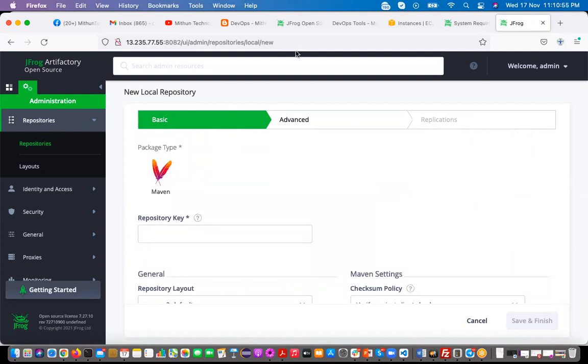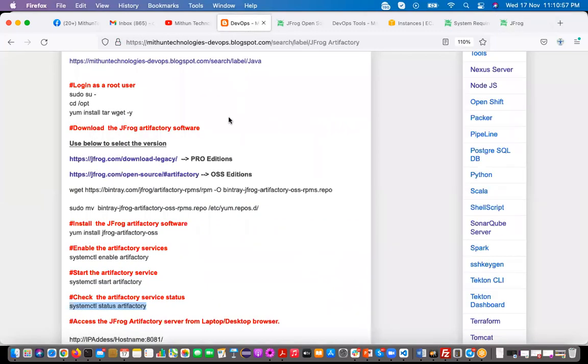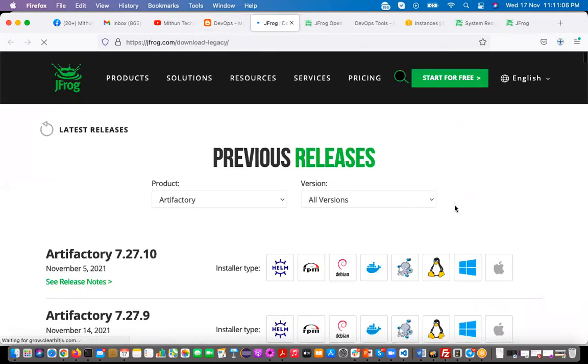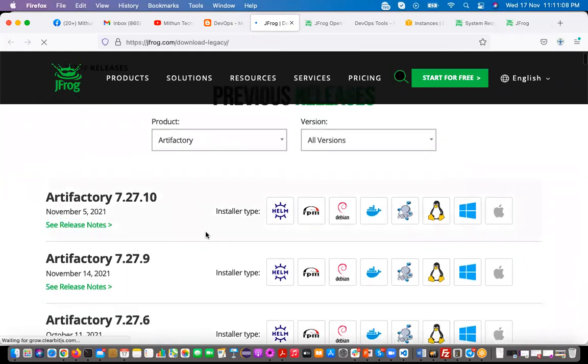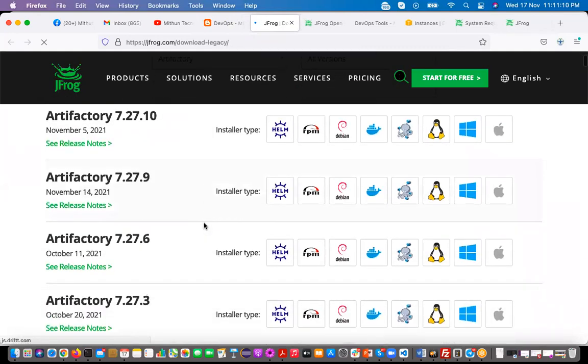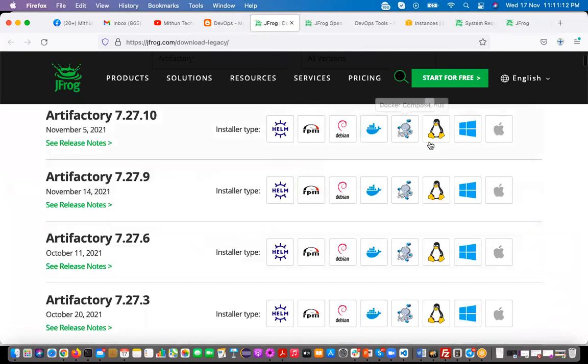So if you want to install the pro editions, follow this URL, right click on this one here. See they are giving various versions here, and they are giving various operating systems also, right?